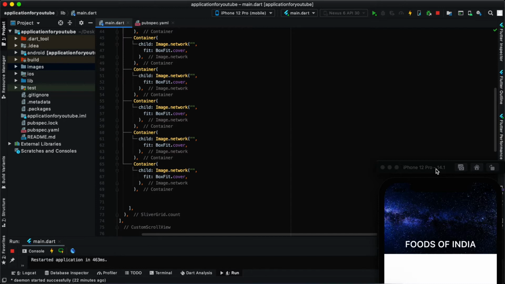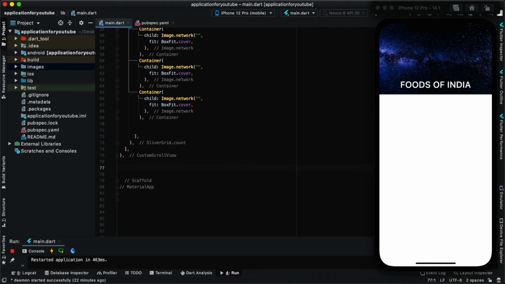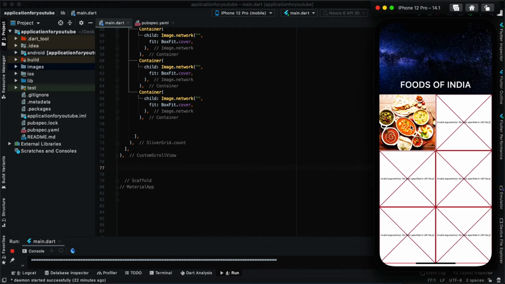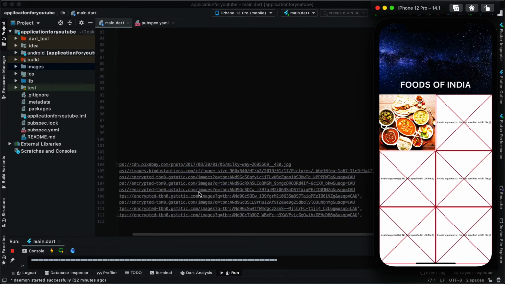Okay, let's restart this so that you'll be able to see what is happening. So this is my first image, and the rest of the images are not coming just because I haven't provided any image URLs. So it will appear like this, and then I'll provide them.